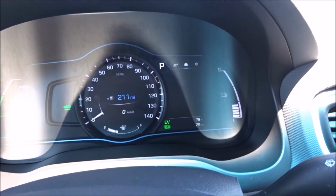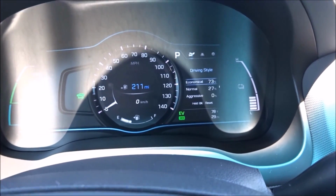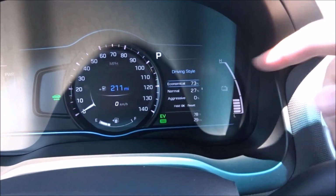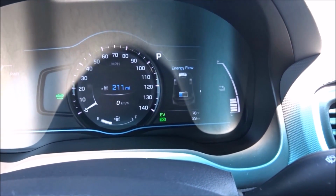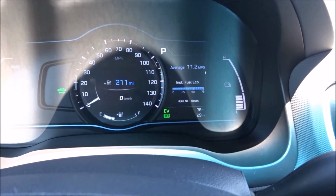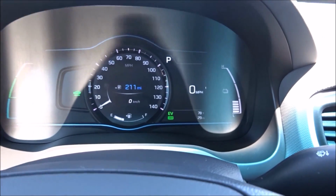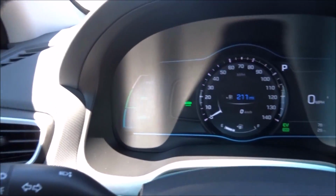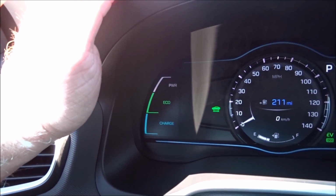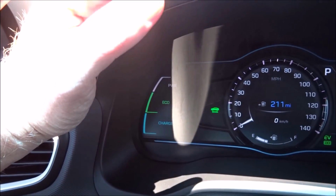You also have your odometer and trip meter down here as well. And if we scroll through the menu, you can also see things such as tire pressure, driver settings. You can also go up and down, tells you how economical you're driving or what style of driving the vehicle's been put through, the energy flow in the vehicle, engine temperature, average miles per gallon and instant fuel economy, and also your different trip meters as well. And I'm not sure how well you can see it over here. I'll just kind of put my hand over it, but you also have the meter there. That's kind of your power meter. You have the charging part at the bottom, so that's for the regenerative braking. The eco mode